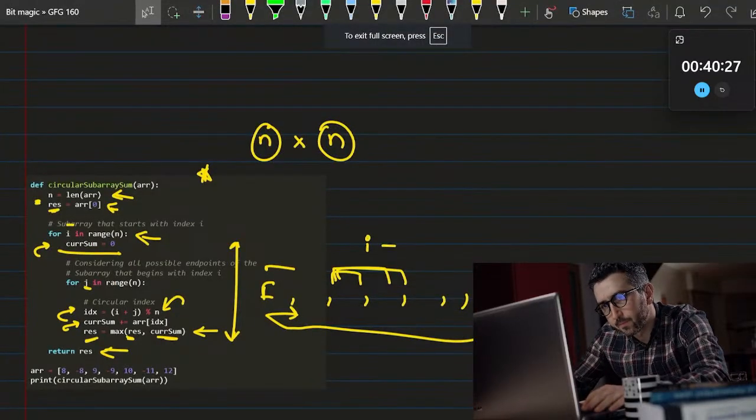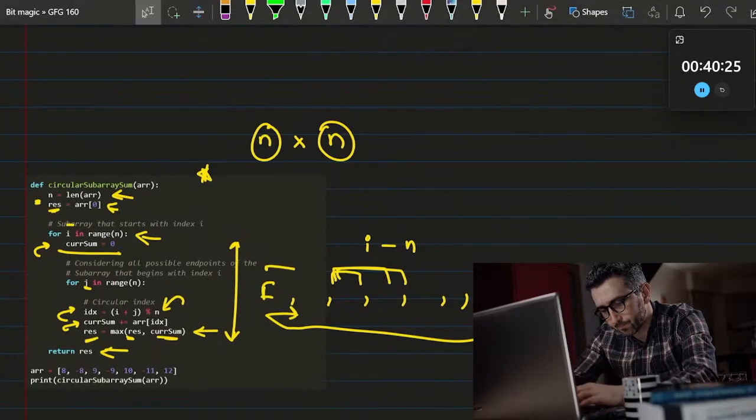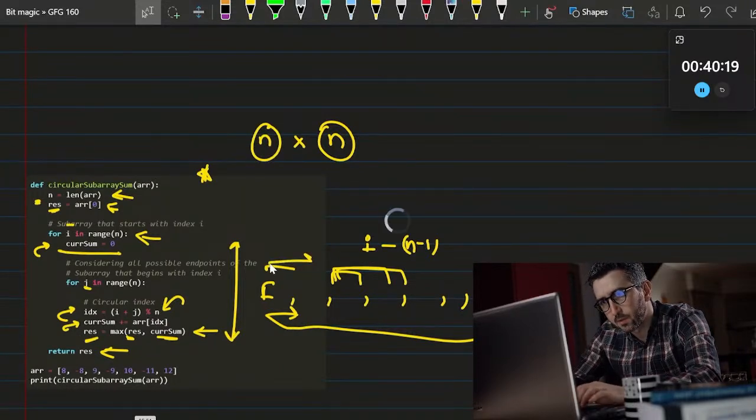Not even from i till j, not even from i till n minus 1. It is going to go for i till the next